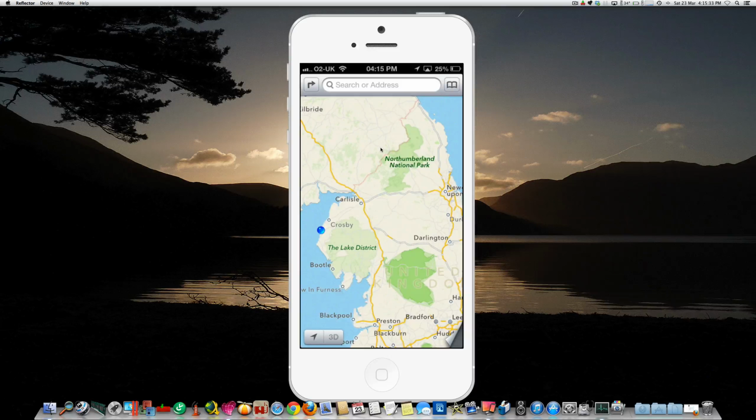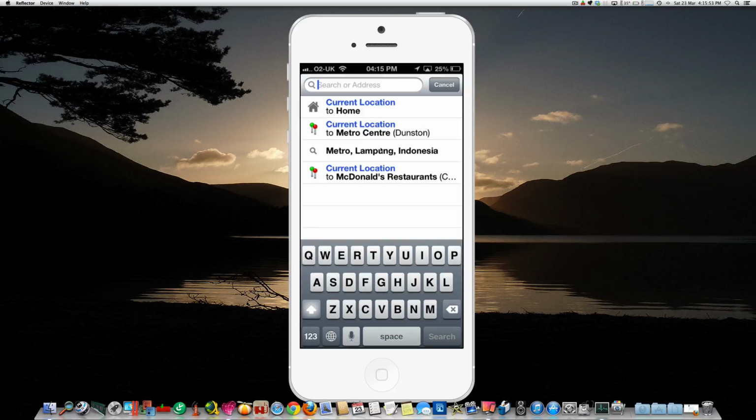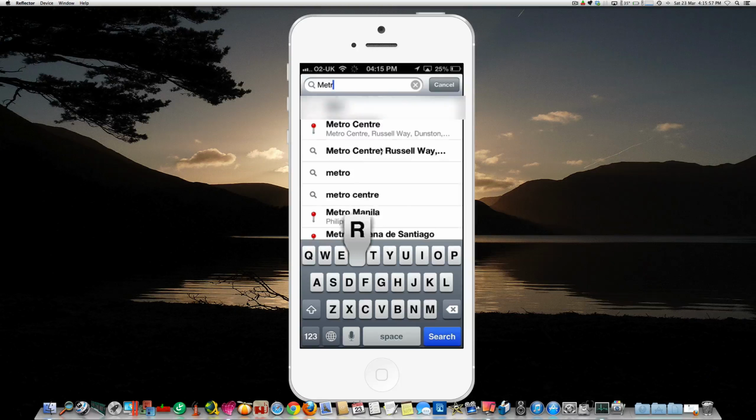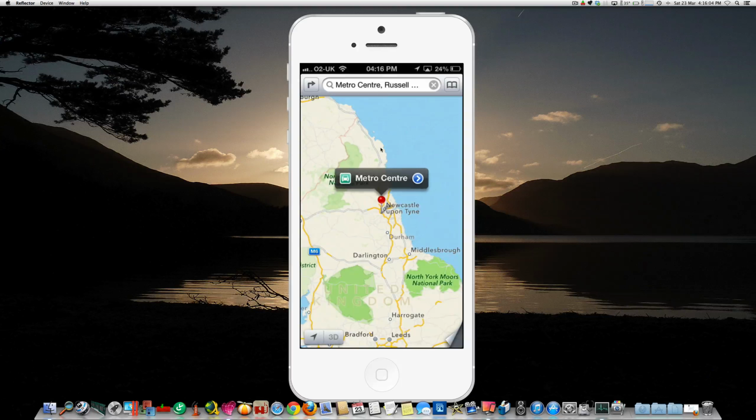Now at the top of the screen you can see search for address. So in this example I want to find directions to get me to the Metro Centre, shopping centre in Gateshead. So I simply touch where it says search or address, tap in Metro, and it's already guessed it there at the top. So if we touch that,